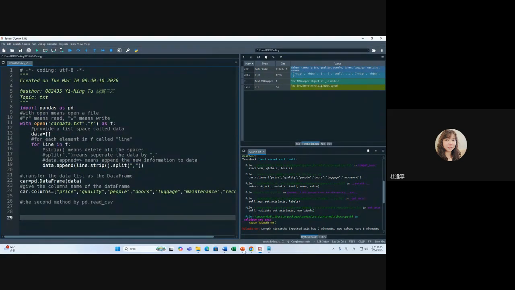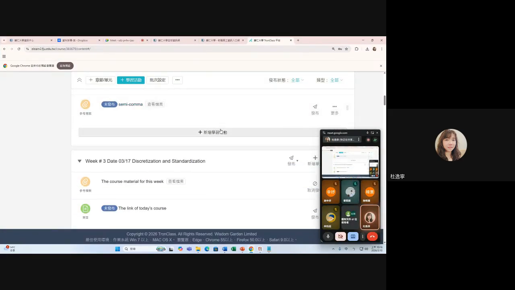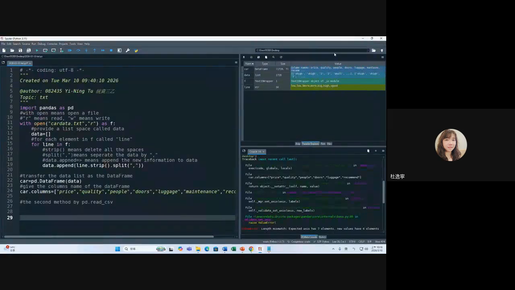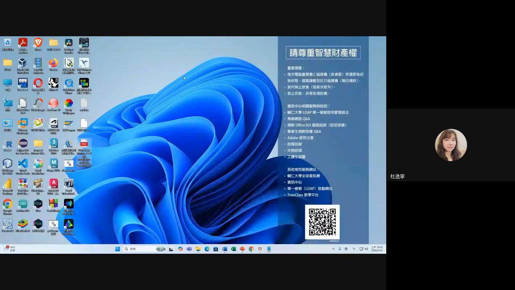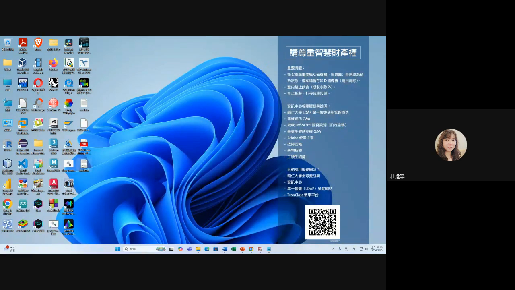For example, please come here. Another example. This example is here, semi-comma. So please download card data 2.txt. We will use this as an example. Card data 2. Okay, I download it. So please remember to move the datasets from the download folder to the desktop. 记得把它从 download 放到桌面。